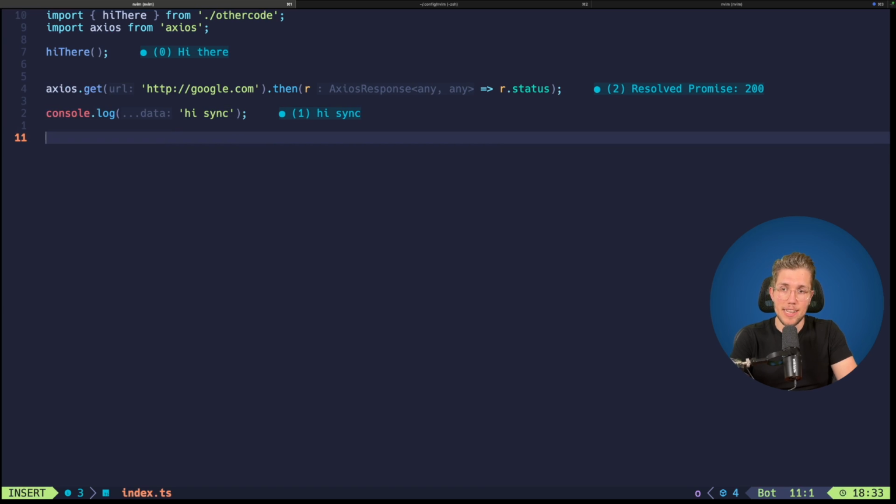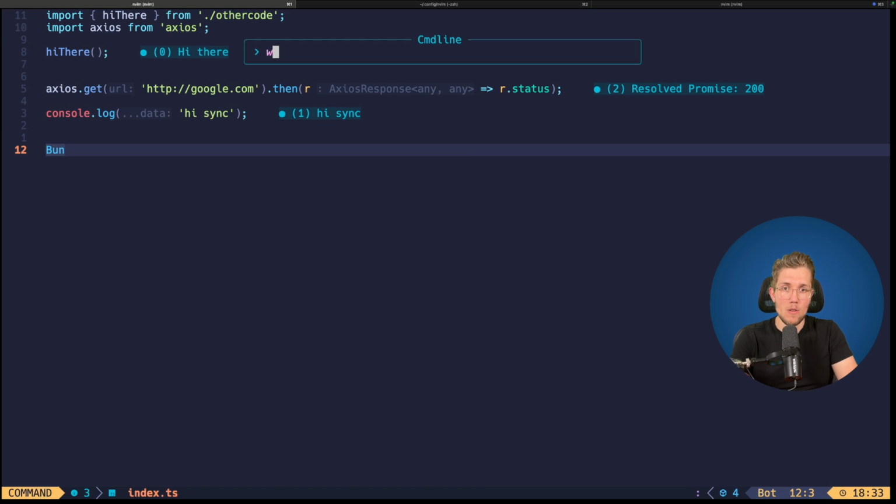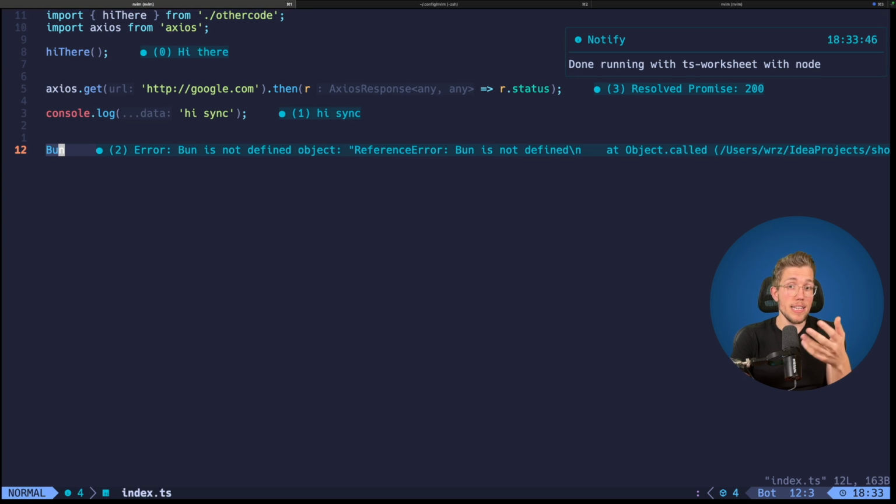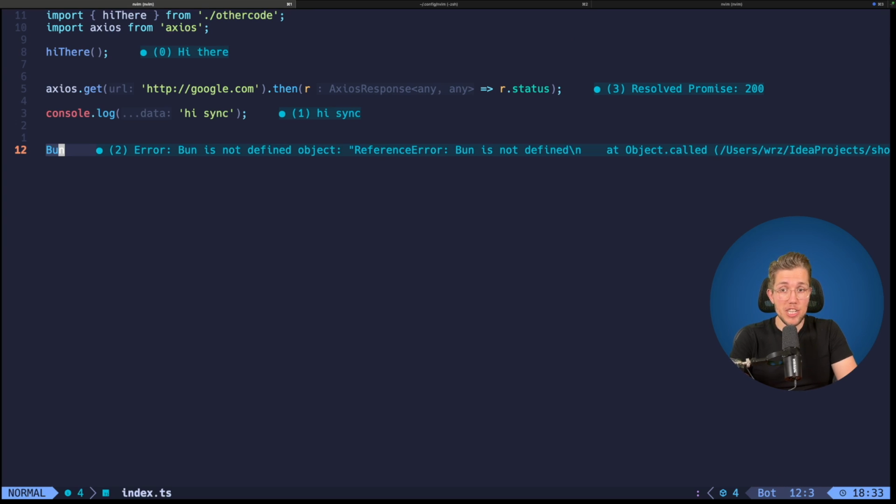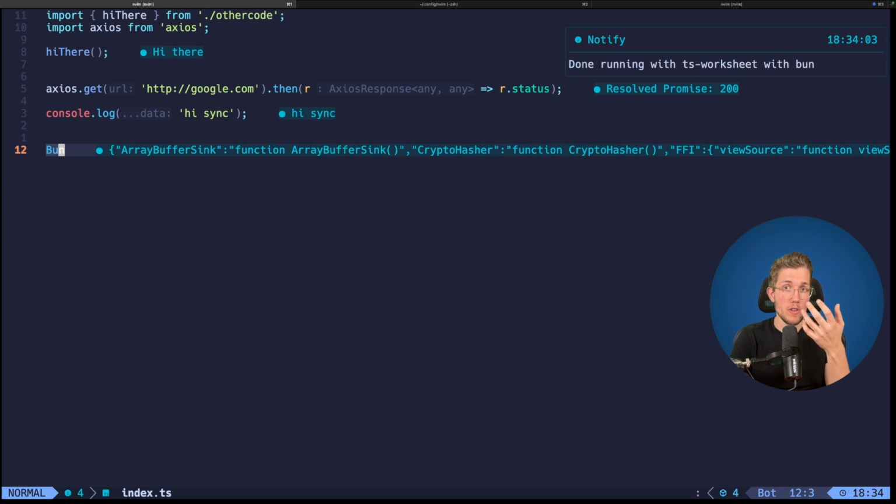So what we can say here is Bun, and of course when I now run this like this normally, we will get an error at Bun, because we can see Bun is not defined. Now we can change this. We save this again, and we say tsw, and then we say rt for runtime, and we change this to Bun. Now when we run this again, we will see we get a result for the Bun object. We can see we get an object with array buffer sync and much more in there. So now you can just work with the Bun object, because we are using the Bun runtime to run your